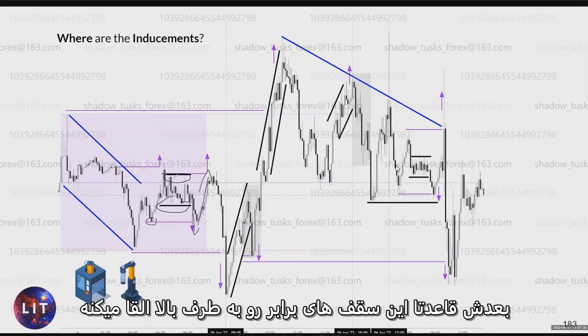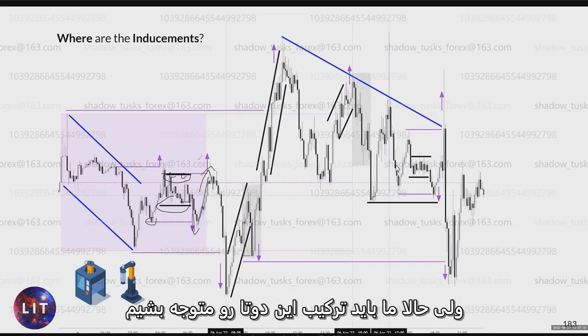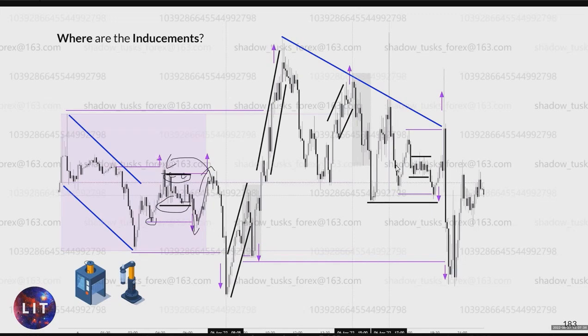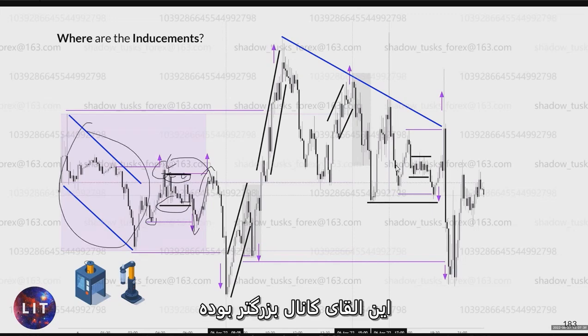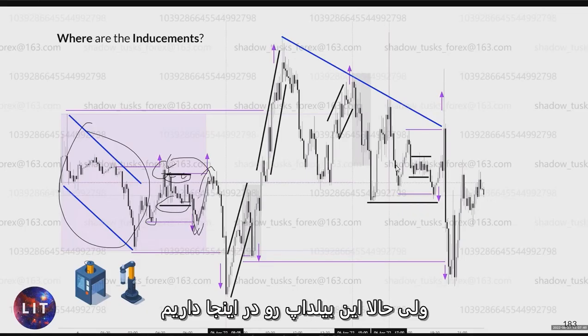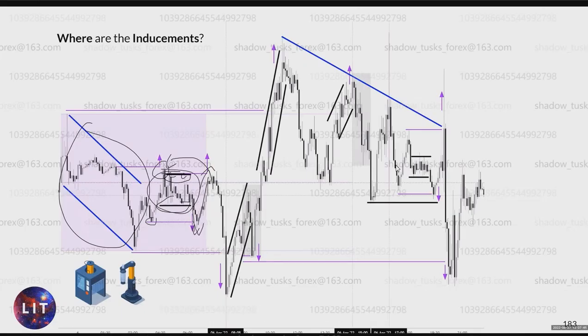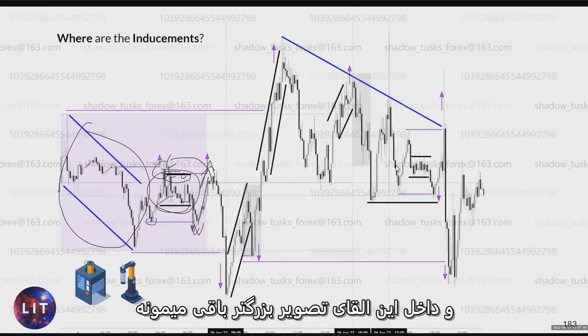Then of course induces this equal highs to the high side, right? But we have to understand now the combination of those two, right? This was the inducement of the bigger picture channel. Right, of course, now we have an inducement low, but now we're having this build up in here, inducing it to the high side one more time